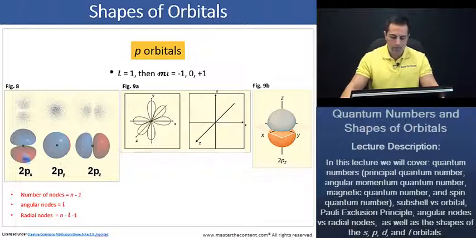Now, the two lobes of the p orbital are crucial for bonding, as we had demonstrated in our molecular orbital theory review lecture. When the lobes of atomic orbitals are in the same phase, they can interact constructively to form a chemical covalent bond, whereas when the 2 lobes of the atomic orbitals are out of phase, that'll actually lead to a node. Okay, let's get back to the p orbitals. The angular momentum quantum number